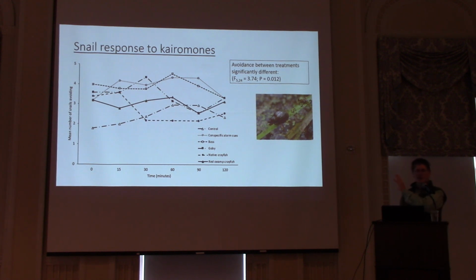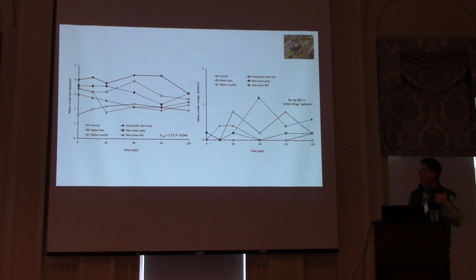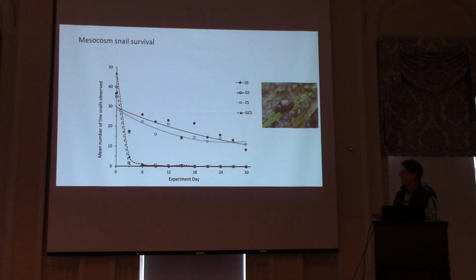Okay? But again, this is just the number of snails doing some kind of avoidance. If we break it down a little bit, we find the snails that are avoiding by crawl-out behavior. This particular graph looks very similar to the total avoidance graph we just showed, maybe a little bit cleaner for some of the things. Again, the conspecific alarm cue is still the dominant response. So it looks like all the snails are going up. Very few of the snails go to the bottom. And again, remember, this is the behavior they ought to do with pelagic predators. So in response to the bass, that is what they should do.